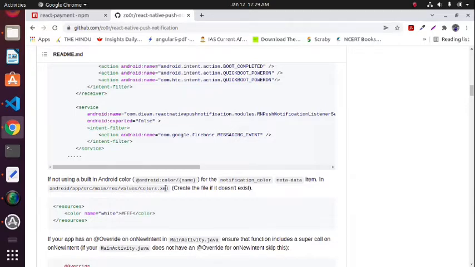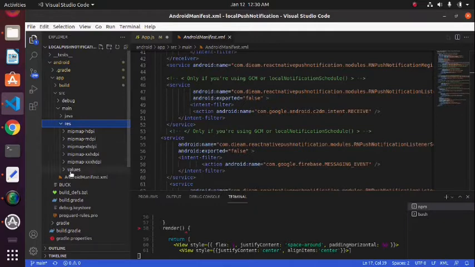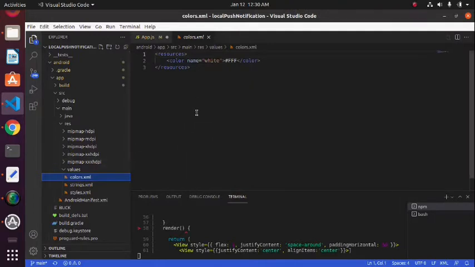You have to create this colors.xml file and write this code. So copy this code. I have already created this in my res folder, values, and I created this colors.xml, and in that I copied this code snippet.